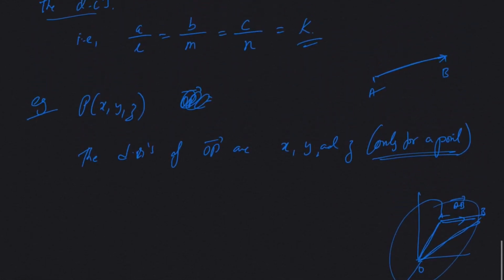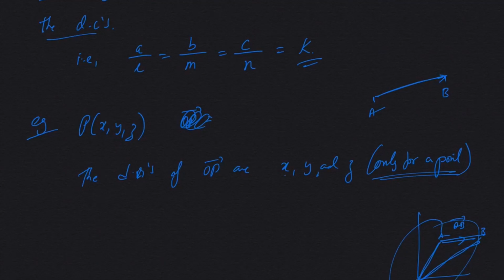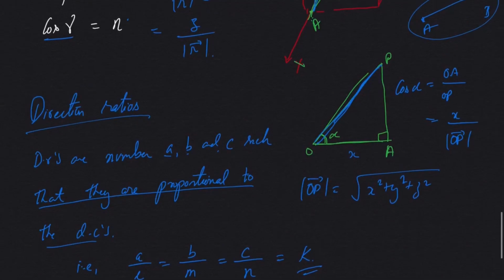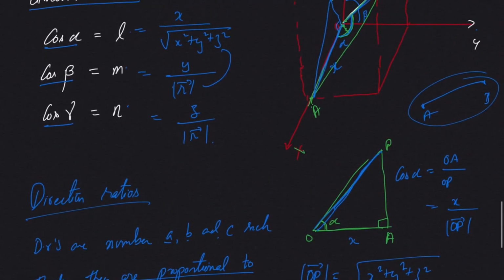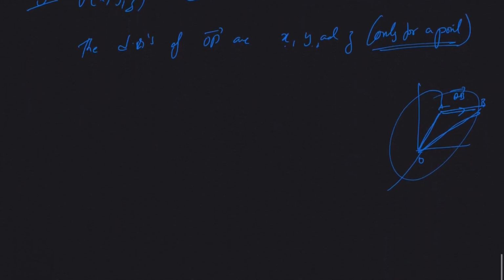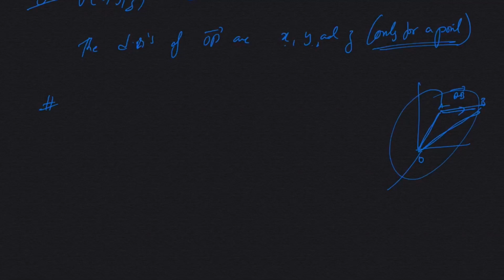So direction ratios for a point is simply the coordinate itself, x, y and z. That's why of course you can see here direction cosines, direction ratios. Again, we will study more about that. Now a note on the relation among direction cosines: